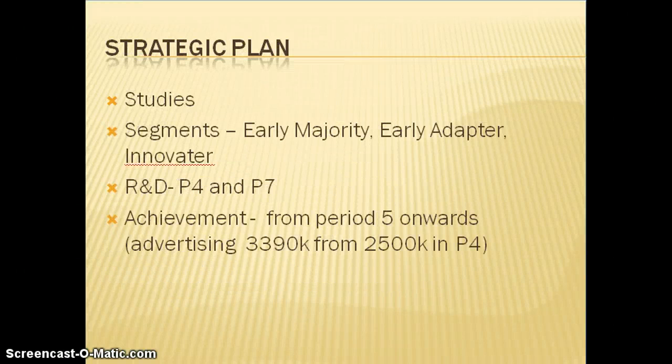Strategic plan, studies. In order to understand the market, we spent an average 705k on the market studies, which were an essential part of helping us understand where we needed to allocate our budget. As part of the market studies, a particular resource which we used was the perceptual map. This map helped us distinguish between markets and see where our competitors were established. By using this map, we could determine where our products were based and what attributes we needed to change to